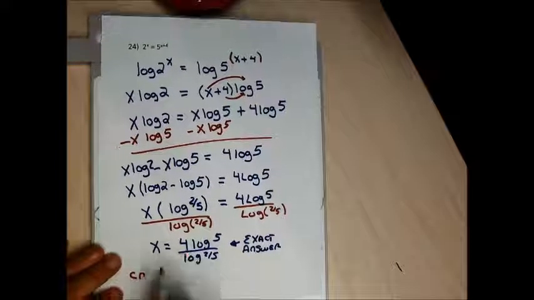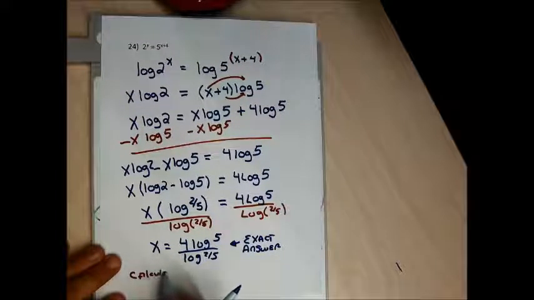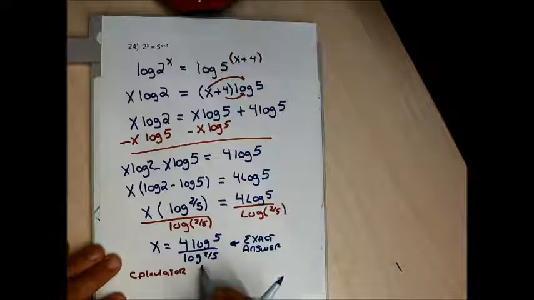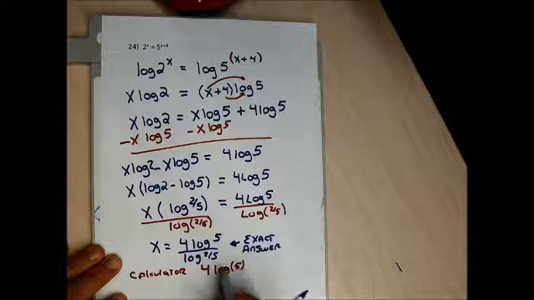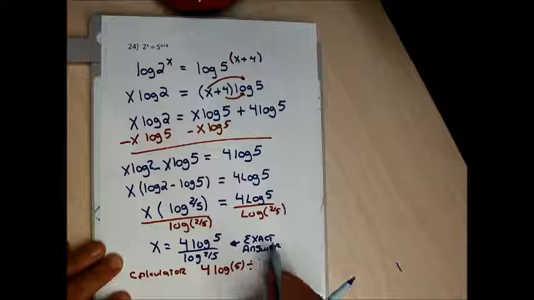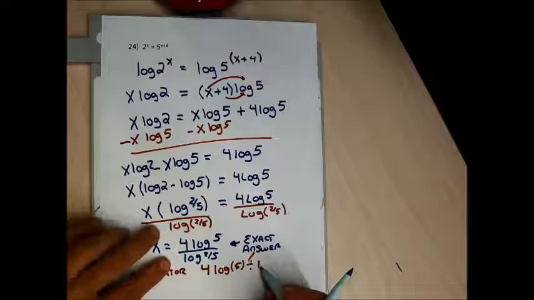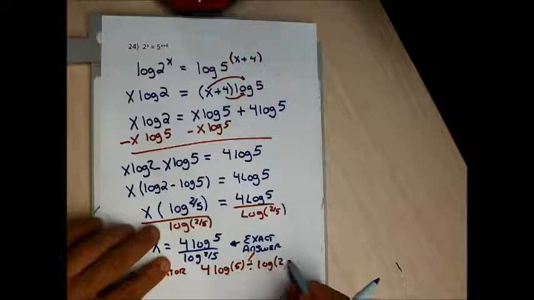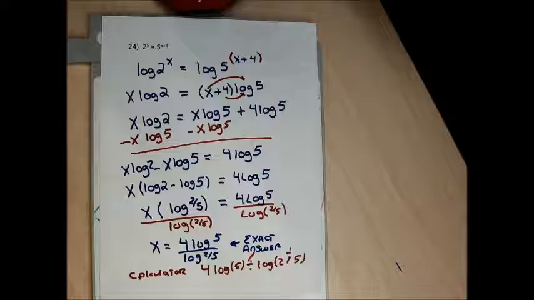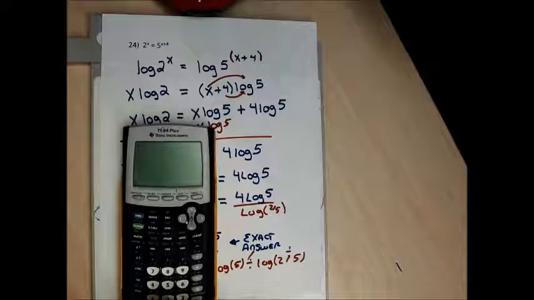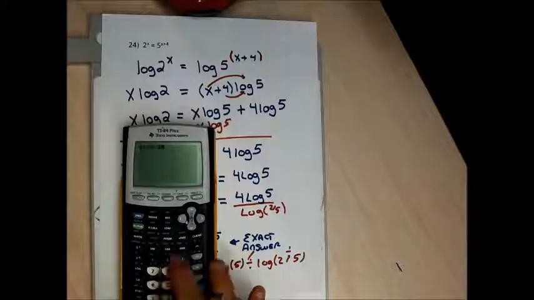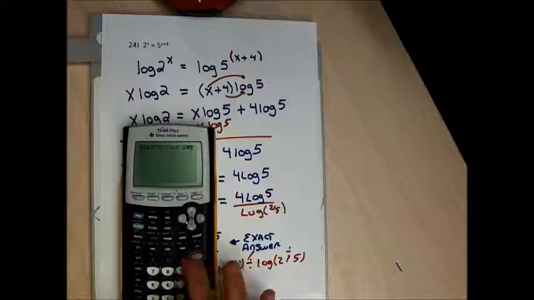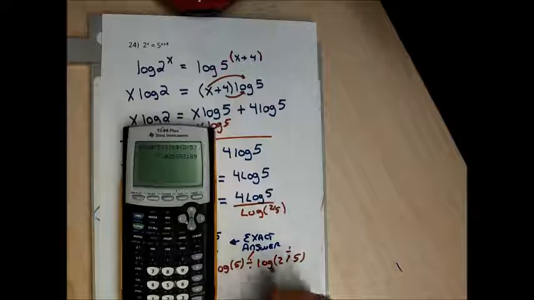And on my calculator, to get the 2 decimal answer, I'm going to go 4. I don't know if I need to hit the times. I don't think I will. I'll go 4 log of 5. And then for the fraction, I'm going to hit my divide key, and it'll show a slash. And then the log of 2 divided by 5. I'm going to hit the divide key to get that. And then I'll just round it. So 4 log of 5 divided by log of 2 divided by 5. My calculator gives me negative